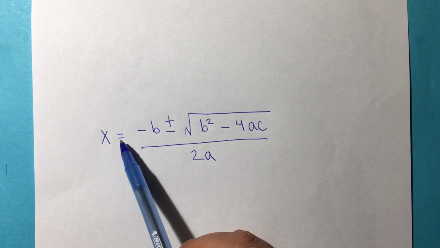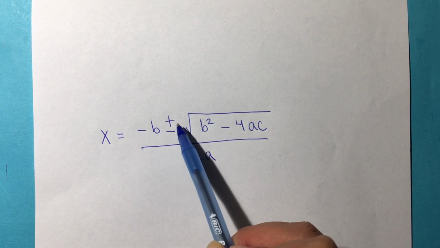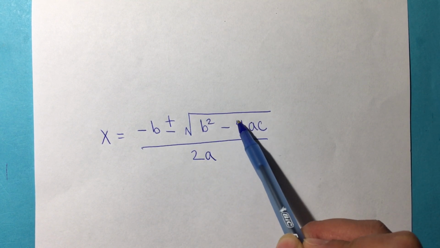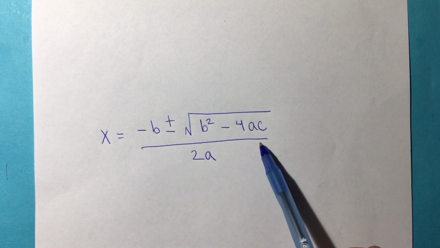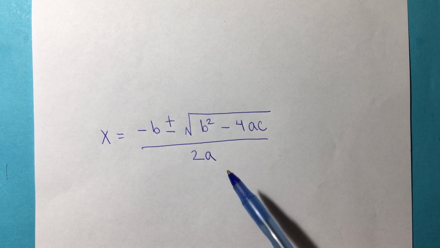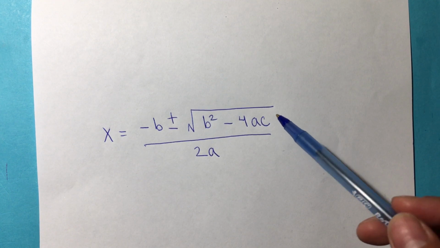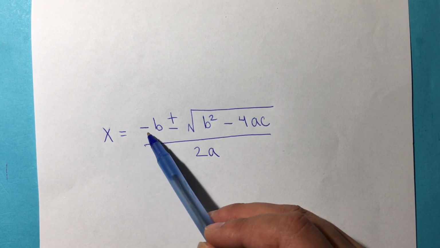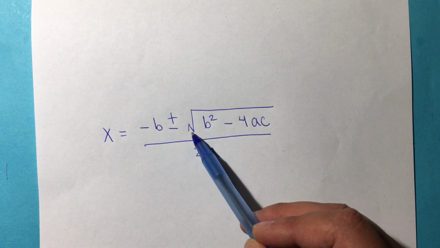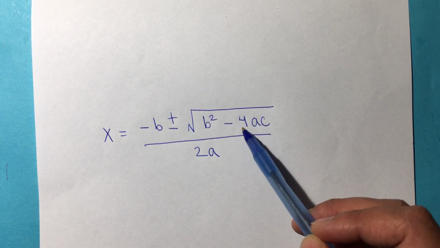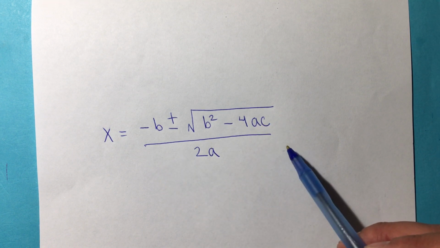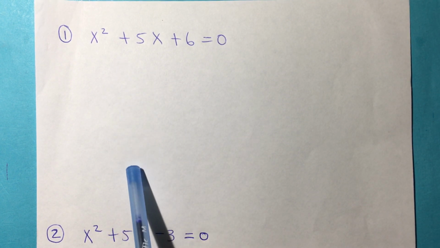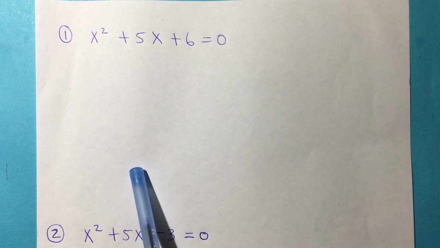It says x is equal to negative b plus or minus the square root of b squared minus 4ac all over 2a. If you sing it over and over, it's going to help you remember it. So again, x is equal to negative b plus or minus the square root of b squared minus 4ac all over 2a. For number one, I'm going to solve it by factoring, something that we also have seen before, but